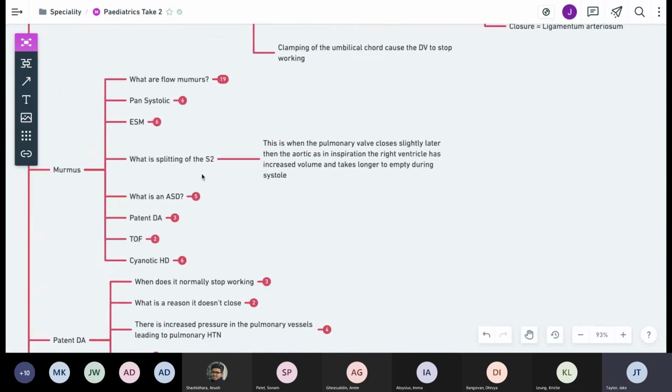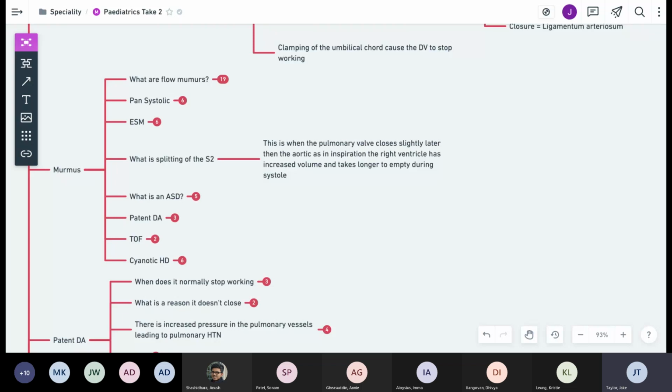So in the patent ASD, there's a hole between the left atrium and the right atrium. Because of that, more blood is flowing from the left atrium into the right atrium. And because of that, there's more blood on the right-hand side of the heart, specifically in the right ventricle. The pulmonary valve closes after the aortic valve because there's more blood flowing through it during inspiration compared to the